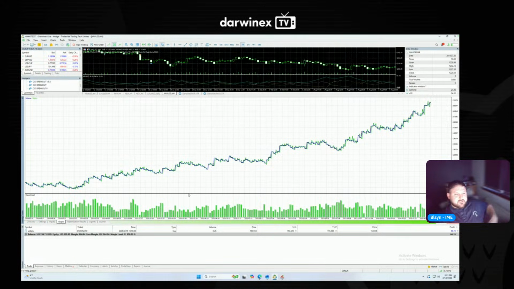Be interested to see total return, drawdown, as well as the win rate. This is going to be so much higher. We can already tell, it's probably going to be about 55%. Just by looking at it, it's about 55%.